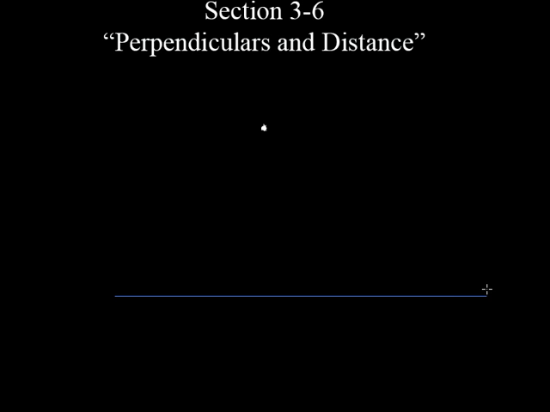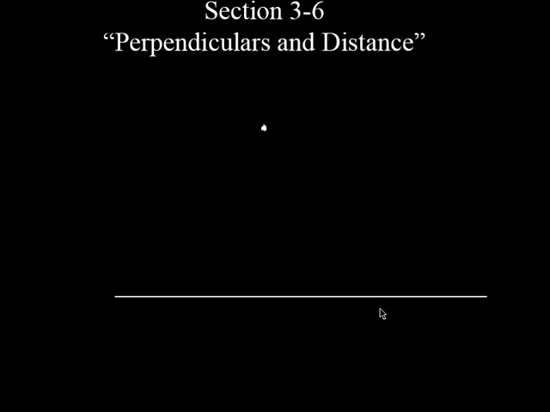So let's just make this real easy, just make it look horizontal. And what I want to do is talk about the distance from a point to a line. What is that distance? I haven't drawn it here, but if I asked you to come up here to this point and say, okay, draw me the distance from this point to this line, most of you would say, just draw it straight down, all right? And I would exactly know what you're talking about, okay? I know exactly what you mean by straight down, but we're going to be a little bit more geometrical in our language here. So we're not just going to say straight down,